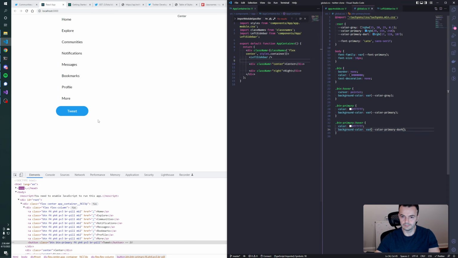What's going on here? Background color, primary dark. Oops, typo. Let's just get the real thing here. Actually,